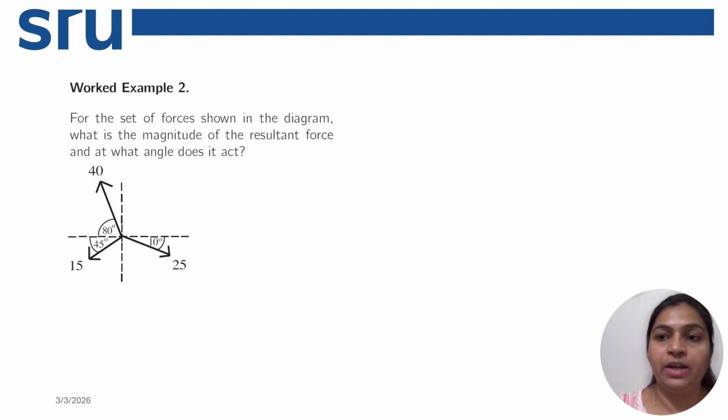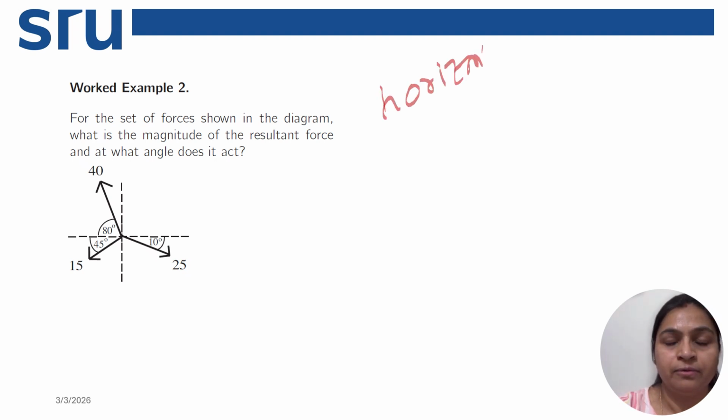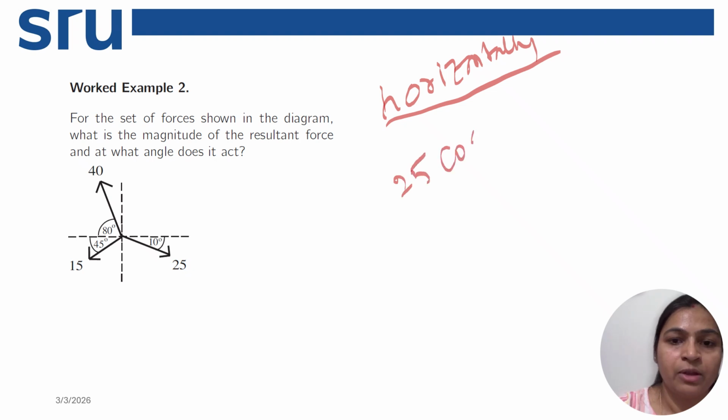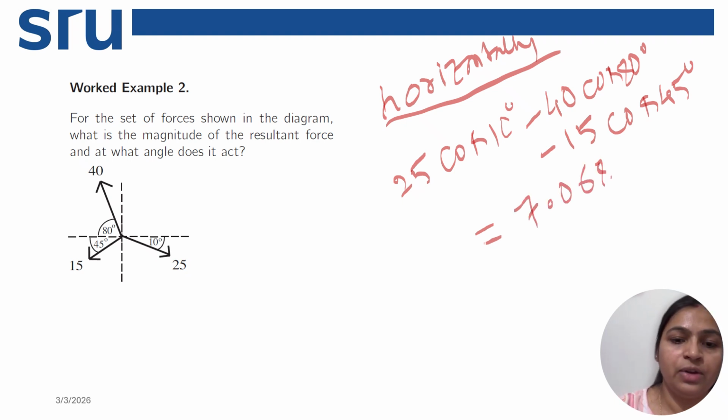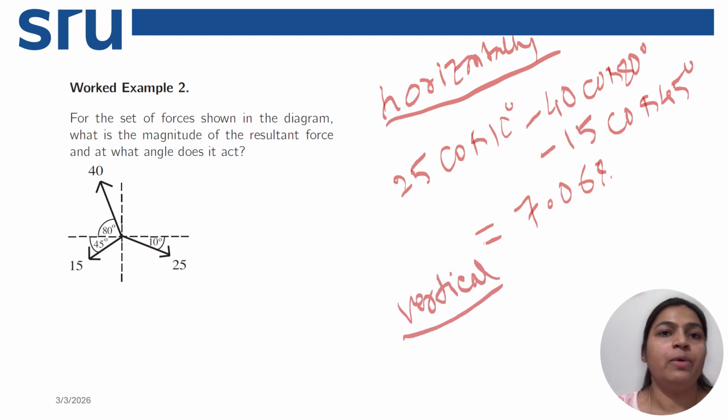So if we resolve horizontally, the horizontal component value will be 25 cos of 10 minus 40 cos of 80 minus 15 cos of 45 degree. If we solve this, we will get 7.068. Similarly, if we resolve the vertical one, we can get